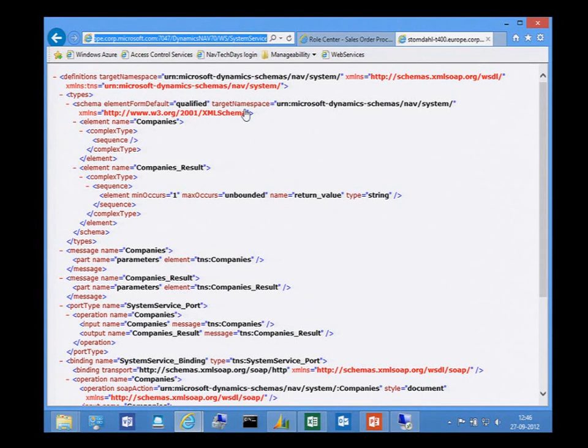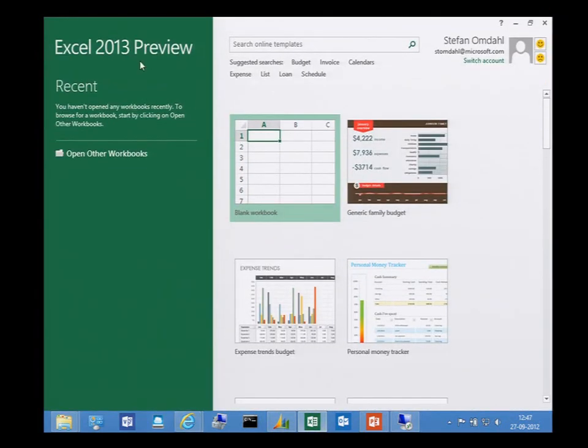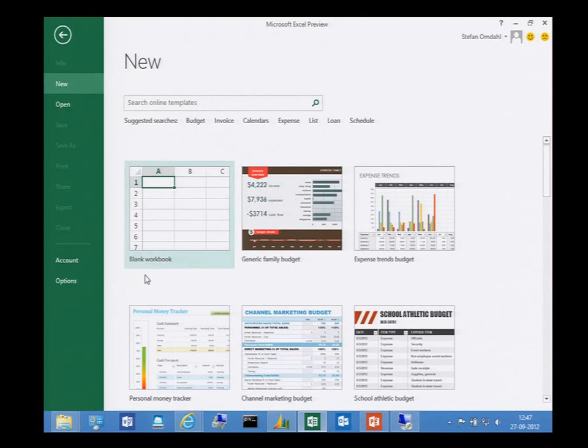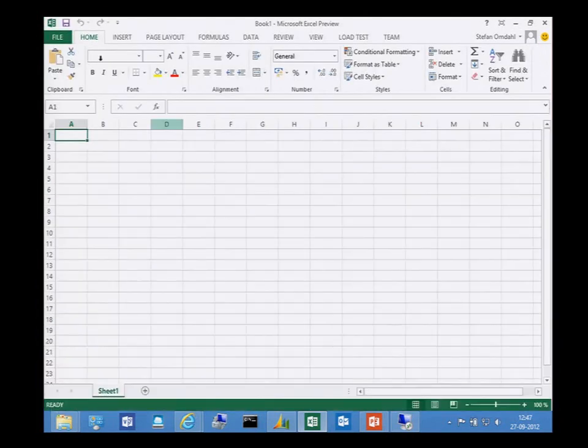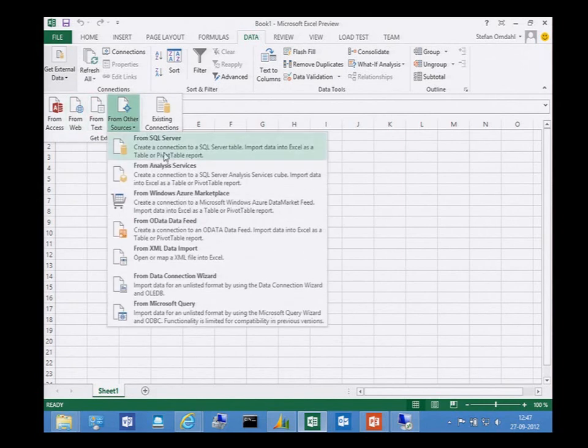I can also do it in Excel with OData, where what you really want to do is just open a new blank workbook, go to data, get external data, and you can get it from other sources.